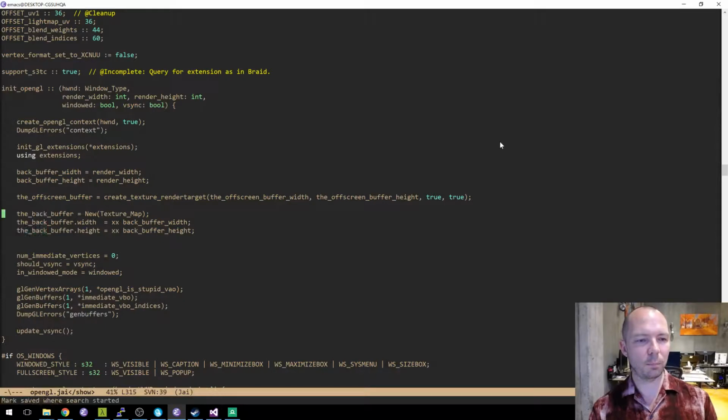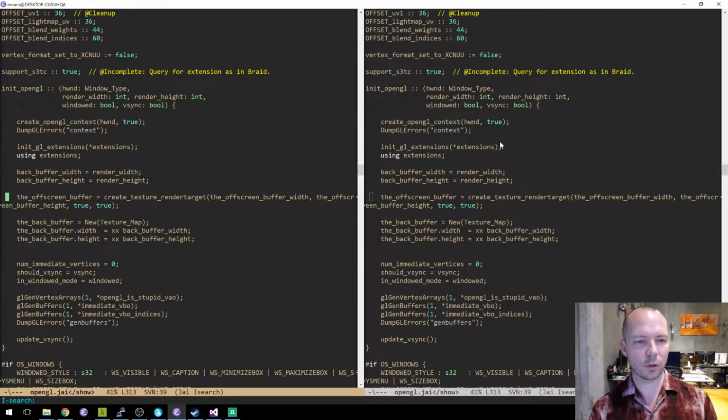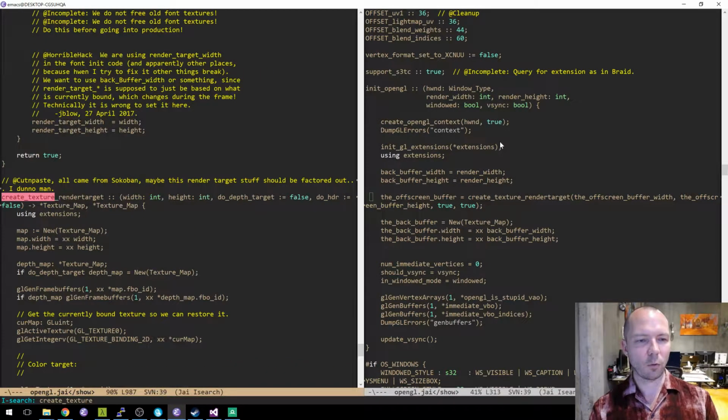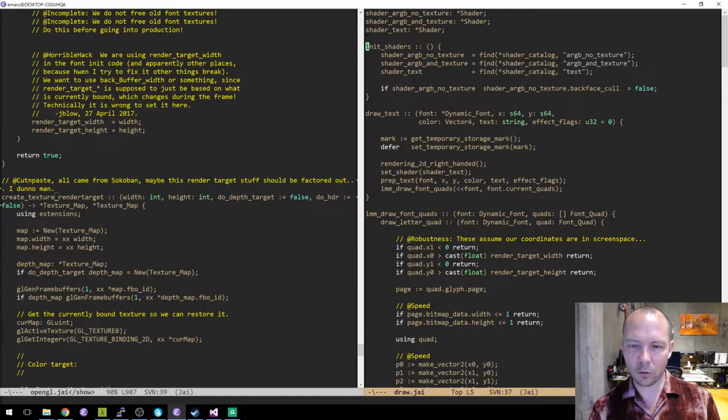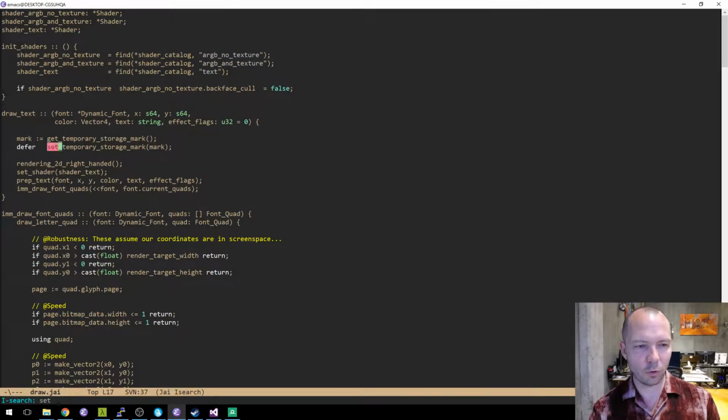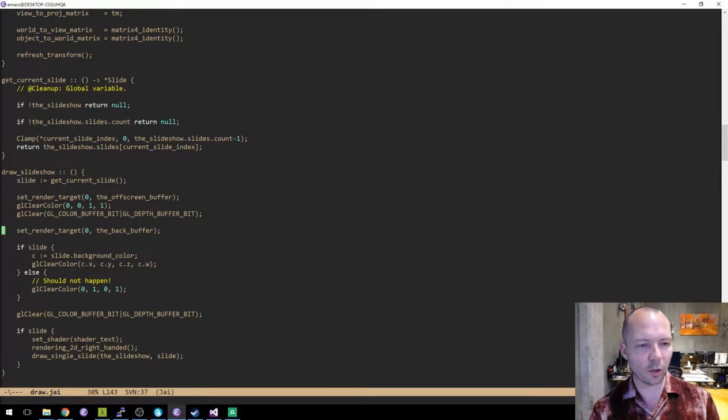The off-screen buffer. Okay, we're passing true and true, and we really want just nothing. Okay, now, since we're going to be rendering to this thing anyway, now let's go to a phase where we say set render target.